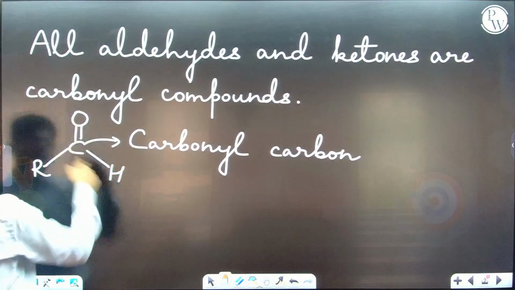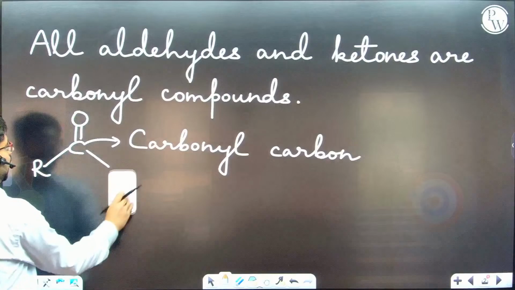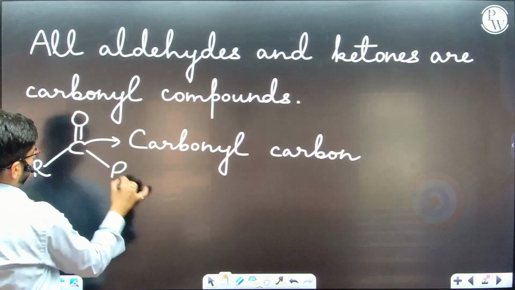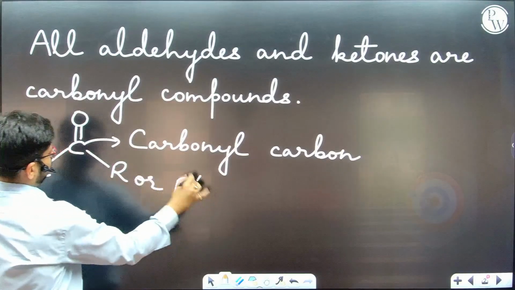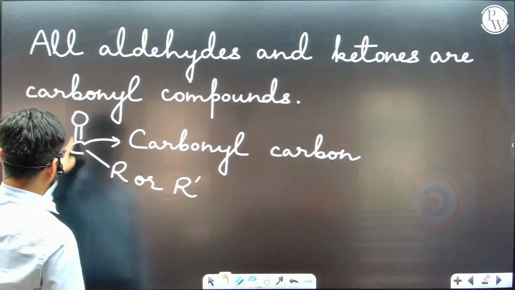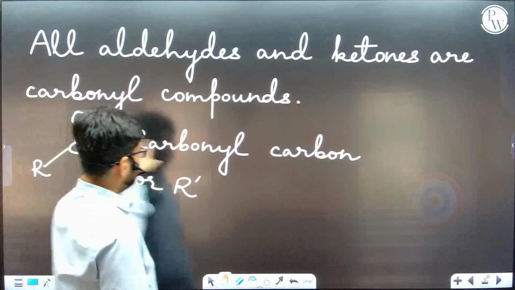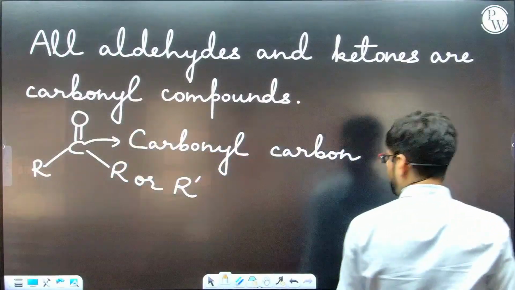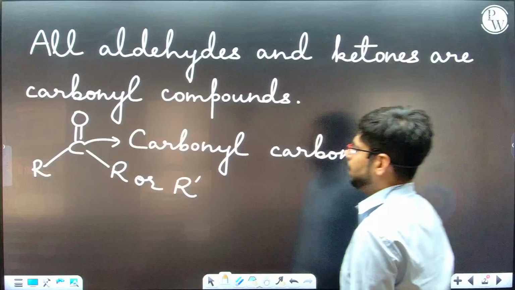If CHO is present, this is an aldehyde, and if there is no CHO, we have R or R dash, then this is a ketone. But this sp2 carbon, which is connected to an oxygen atom via a double bond, is called the carbonyl carbon. Okay, another important point is,